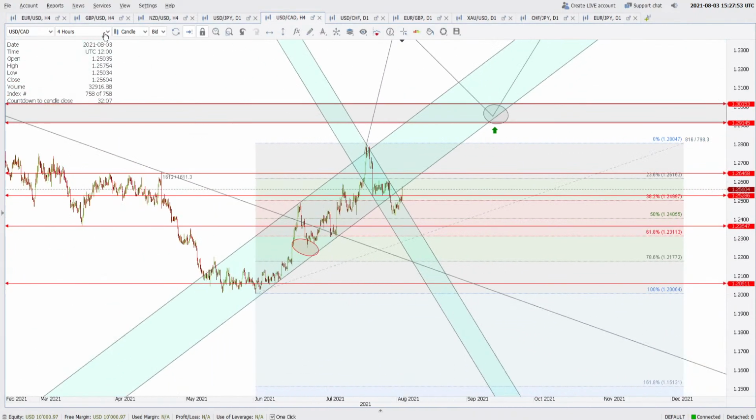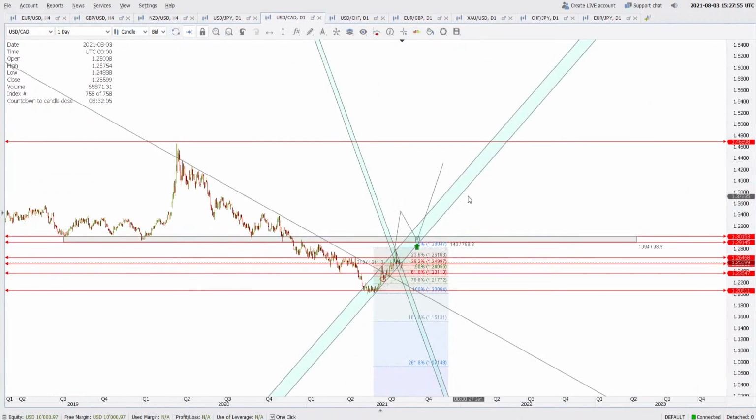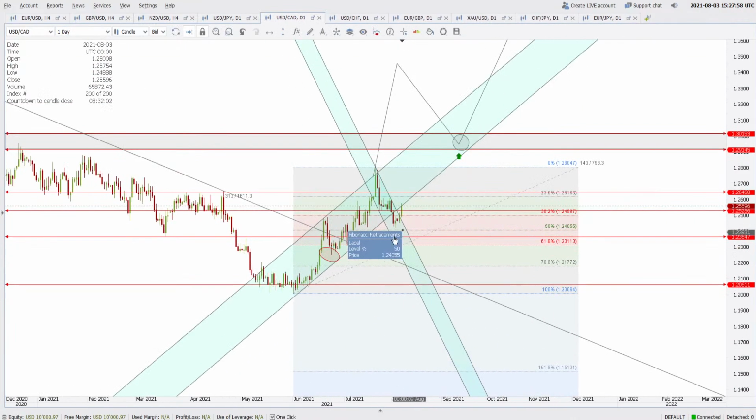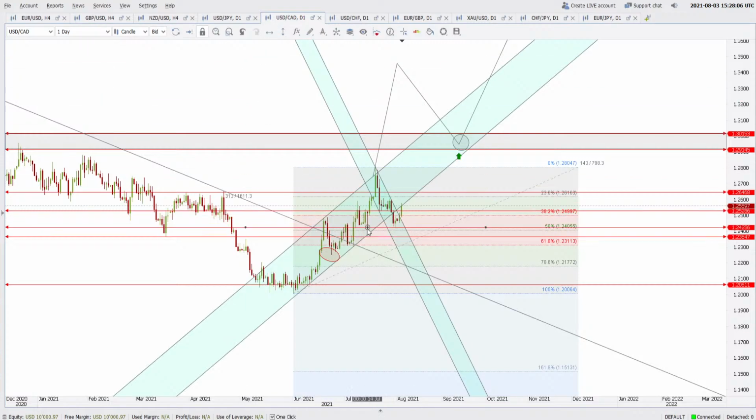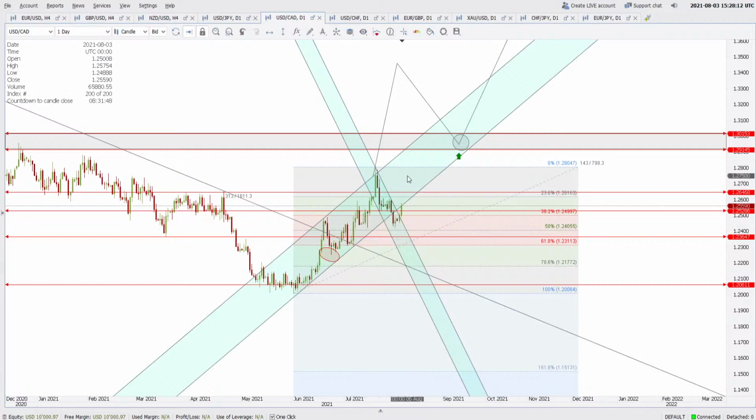Okay, on the structure point of view, the structure of the market here is down, up, down, up, down, up, down. Okay, the price has failed to make a lower low here. Okay, the price has made a lower low here. So this may be a double top formation here, or maybe the price will enter this resistance zone of 1.2914 and 1.3015, and from there get rejected to the downside, which is